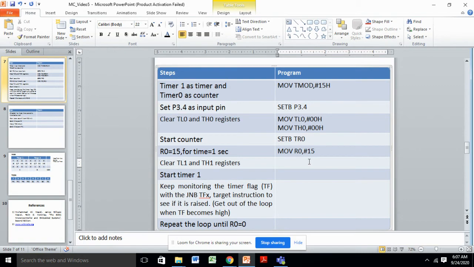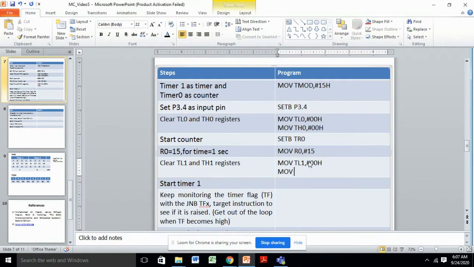Then clear the TL1 and TH1 registers using the instructions MOV TL1, #00H, MOV TH1, #00H. Then start the timer. So SETB TR1.